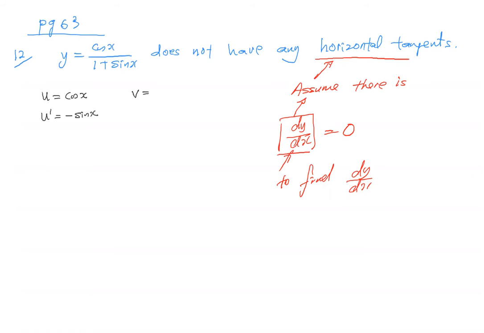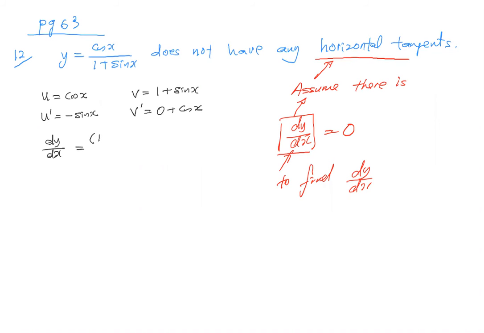Your v is 1 plus sin x, your v prime is 0 plus cos x. Okay, so your dy dx is equal to